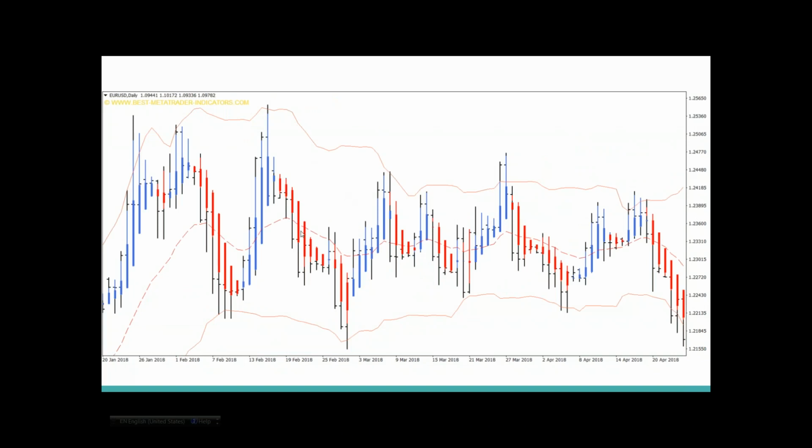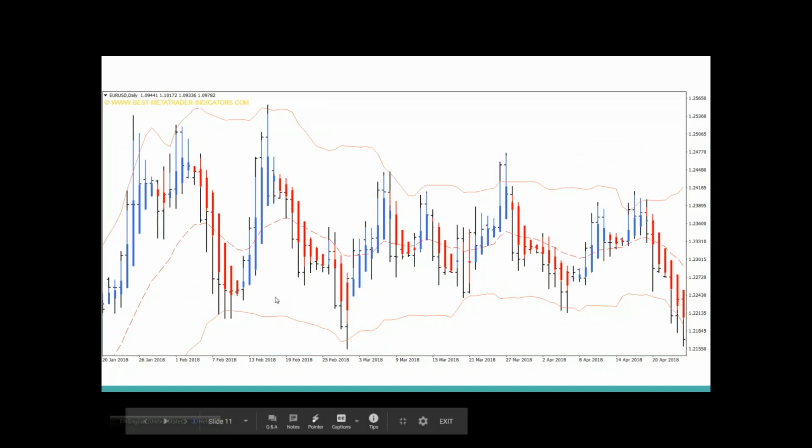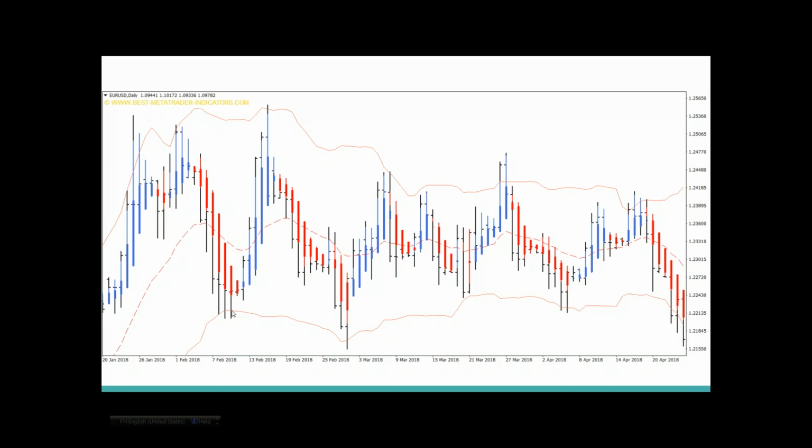Now in a ranging situation, if you look closely, this is 2018, not 2016 anymore, but take a look again. It's just the same thing. It just follows, hits the bottom of the band, goes up, goes down, goes up. And when it's ranging, take a look at the 10-day moving average in the middle. The price action tends to ignore that 10-day moving average, doesn't even respect it, it just breaks up and down.